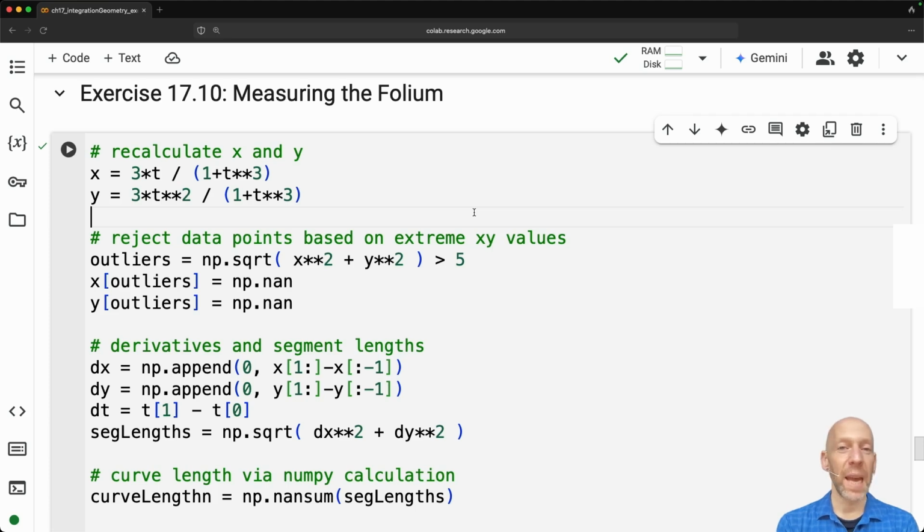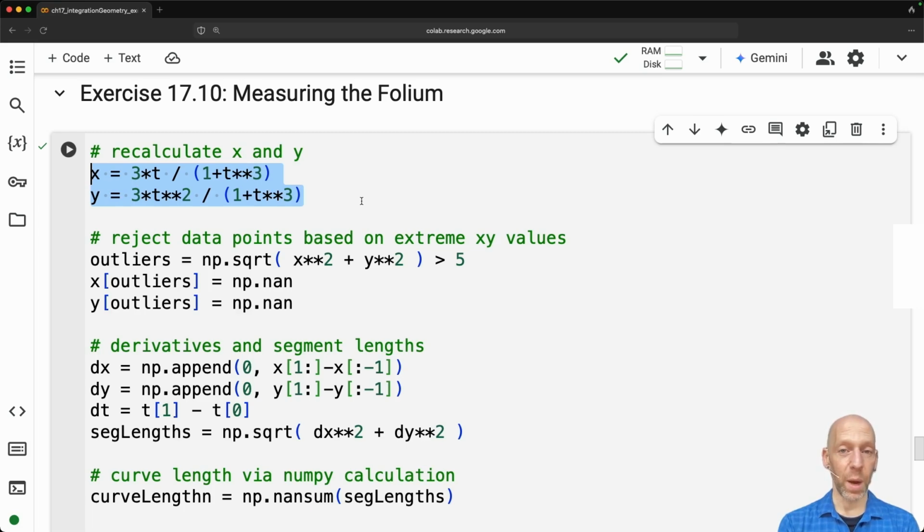So here we are in exercise 10. I am recalculating the x and y values. I don't need to recalculate t, but I am going to remove values of x that are labeled outliers. Therefore, I need to recalculate these so that each time I rerun the code, I get the original values